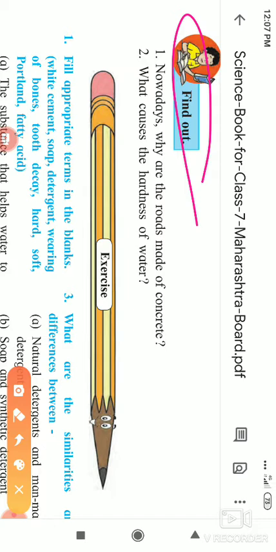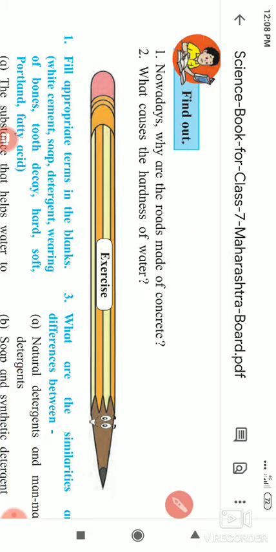if you are moving on the road, you see that there are so many potholes when the rain falls in the rainy season, and when sunlight falls on it, the substance used inside it melts, and due to this, potholes result. To stop this, nowadays cement concrete roads are being prepared, and due to this, they are very hard, okay, and the rain and the sunlight do not affect them like the olden roads. That's why nowadays roads are constructed using concrete.